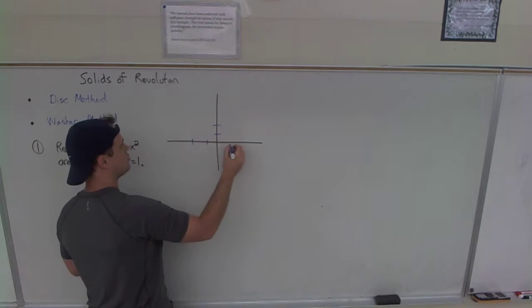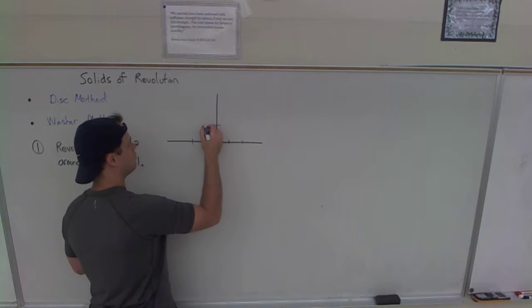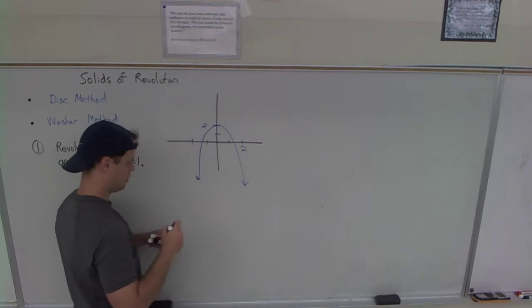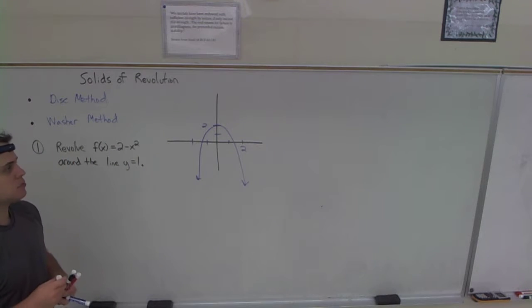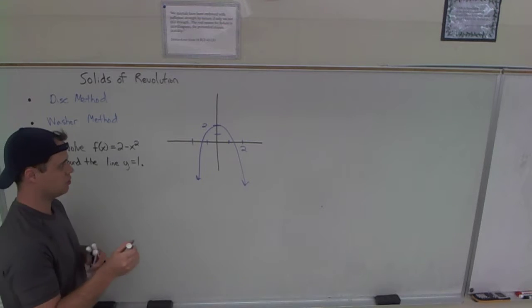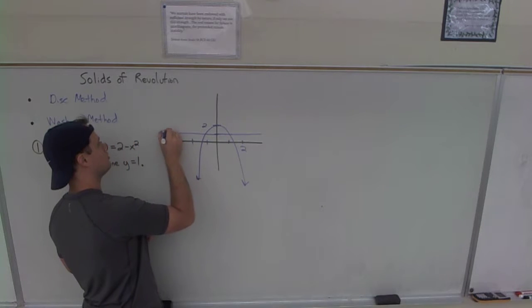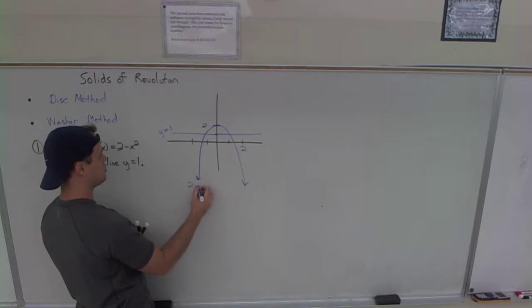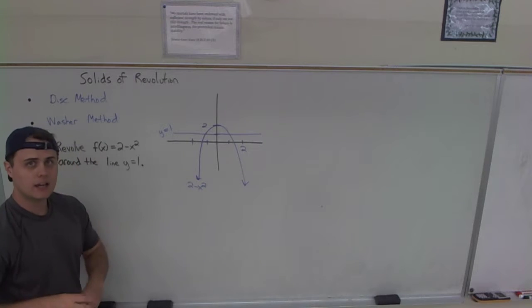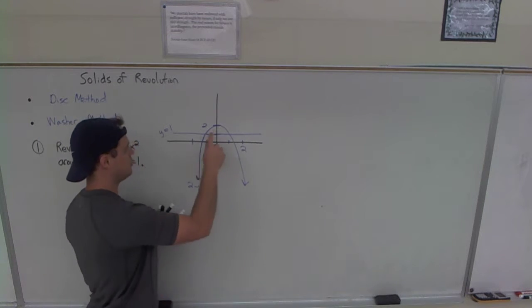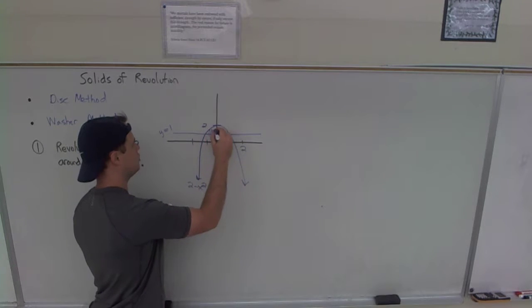And let's see, 1, 2, 1, 2. So that should be something like this. And it said this time take that and revolve it around the line y equals 1. So I'm also going to draw the line y equals 1, which is right here. Should probably label my edges. And it says to revolve it around that line. So they must obviously mean in this problem, this little region, I'll color it in blue a little bit,